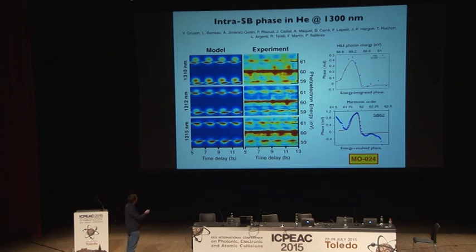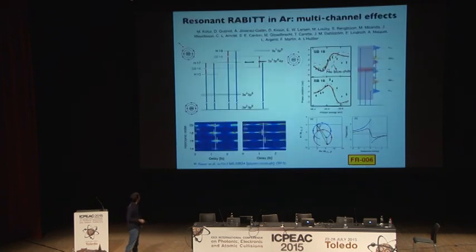In their experiment, they measured the phase inside the sideband, which mirrors the phase profile that would have been obtained if we varied the detuning from the resonance. But it does so with a single RABBIT experiment, only one frequency, and with much higher spectral resolution. So the blue points would be the experiment, and the red line would be the model's predictions, which is in very good agreement. And the second experiment was done in the group of Anne L'Huillier in Lund regarding